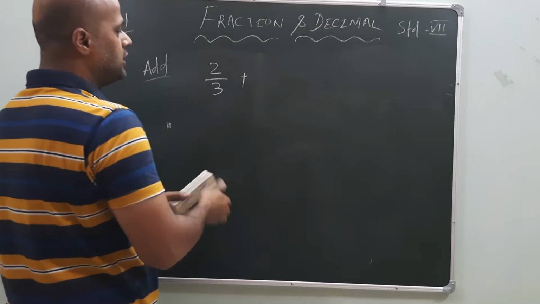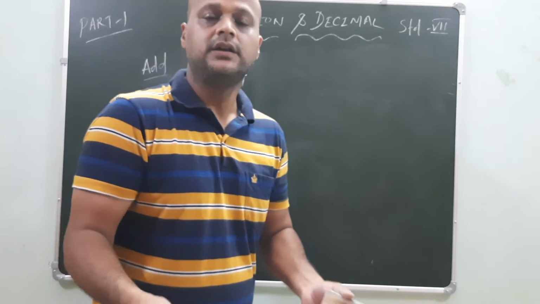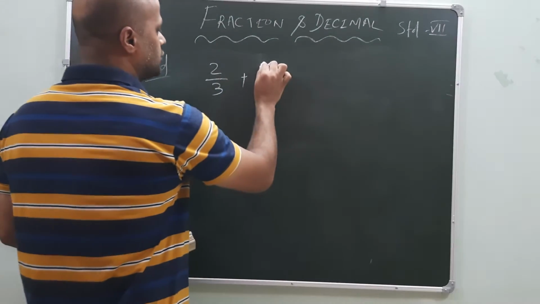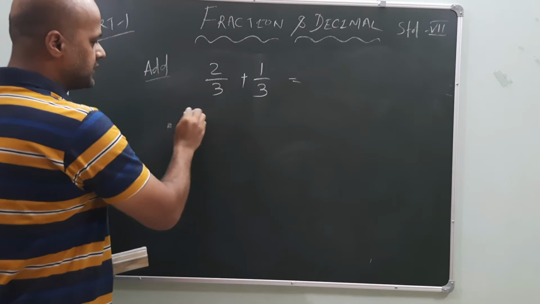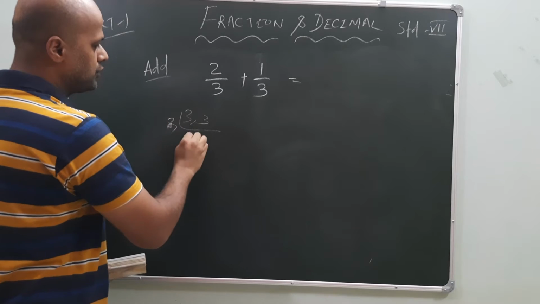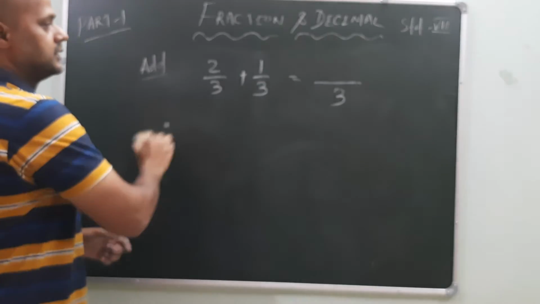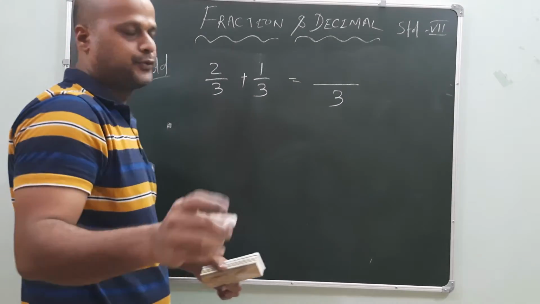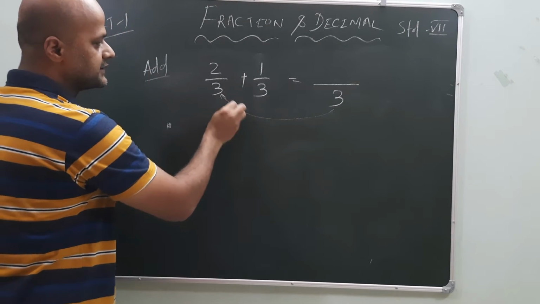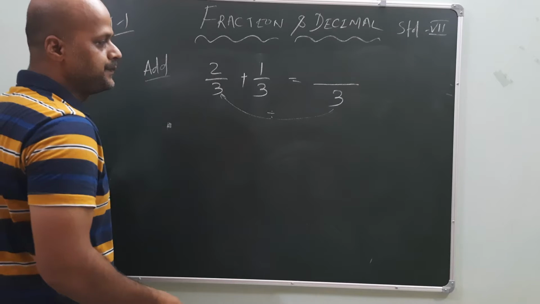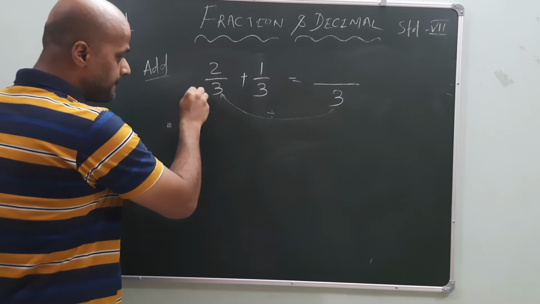If the denominator is same, first we will go for the same denominator, then after that we will decide when the denominators are different. So 1 by 3. Here 3 and 3. What is the LCM of 3 and 3? It is only 3. So take it 3. You know that, it is very, very important. LCM is 3. Now this 3 will be divided with this. 3 divided by 3 is 1.